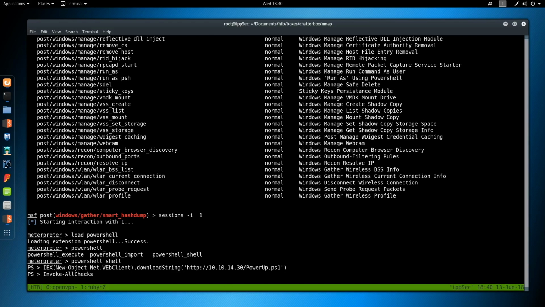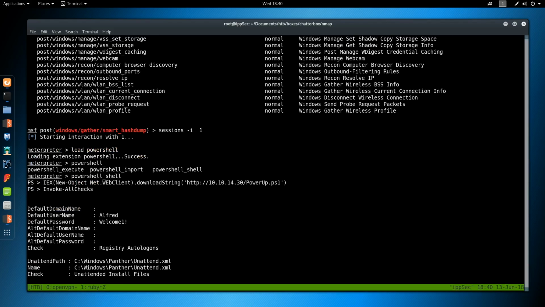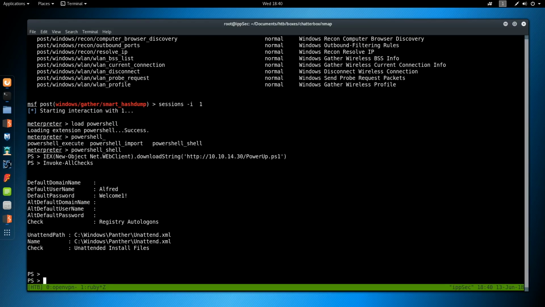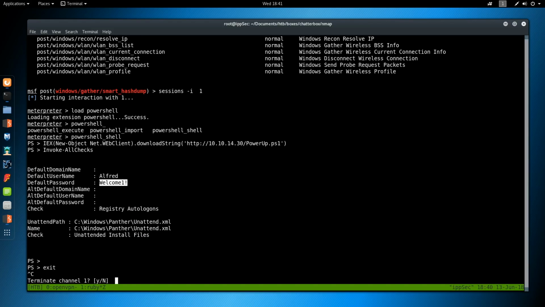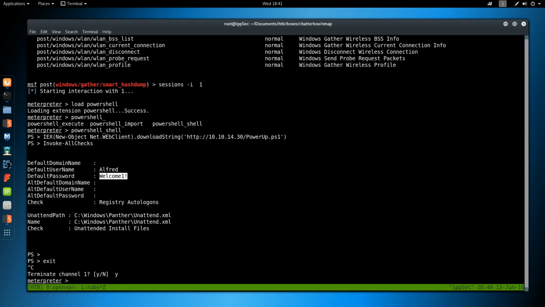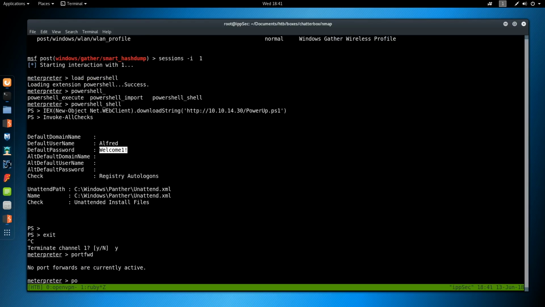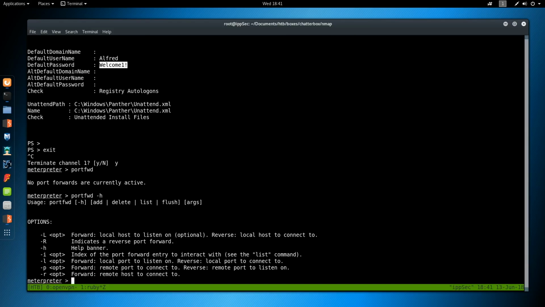This time, we'll do something a little bit different to get the second code execution. Maybe. It may fail on us. Okay, so we can see, Invoke-AllChecks. We found this password. So let's exit PowerShell, terminate the channel. Let's see, we want to do a portfwd command. So portfwd, let's see, forward -h, show the options. We want to do a local portfwd, I believe. So portfwd add -l